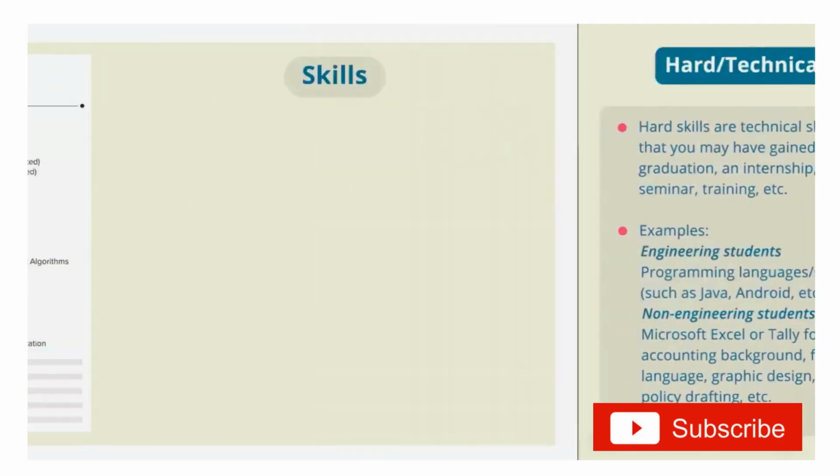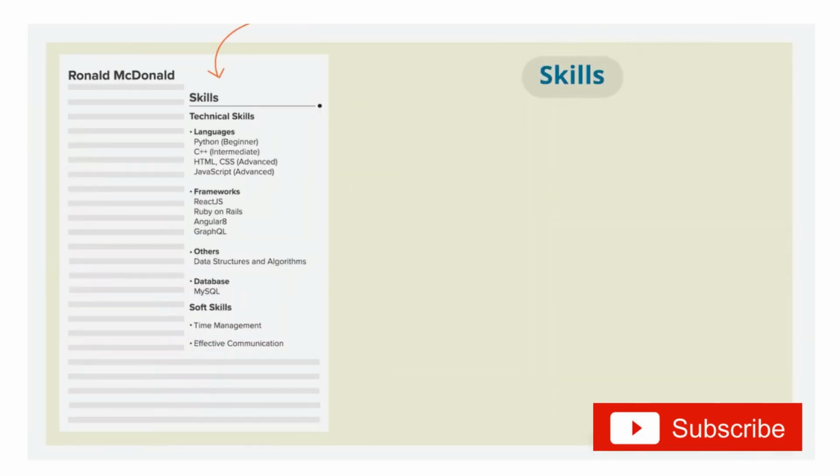Now, let's go back and have a look at our resume. If you look at this skills section in this sample resume, this person has mentioned the skills such as Python, C++, Java, etc. But what do these words beginner, advanced, and intermediate mean here? Well, these are the different levels of proficiency that the person has in each of these skills. So, when your recruiter sees the resume, he or she will come to know immediately that you are an expert in Java but only know the basics of Python.